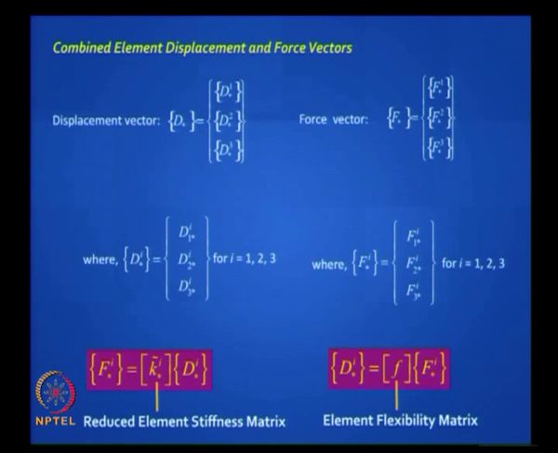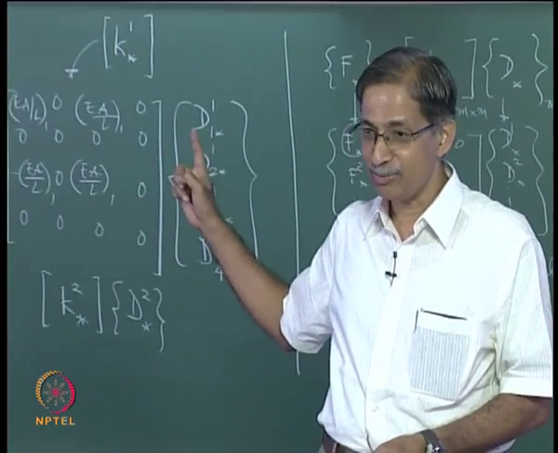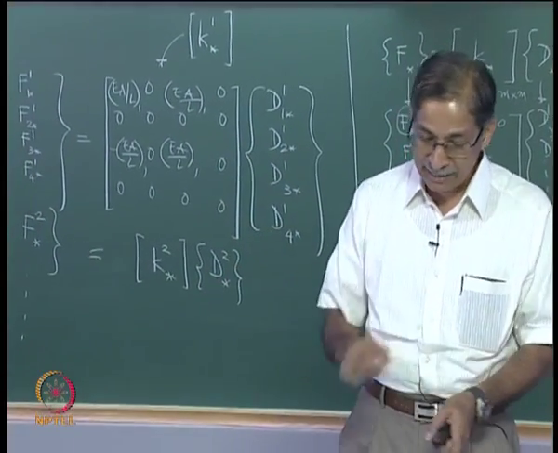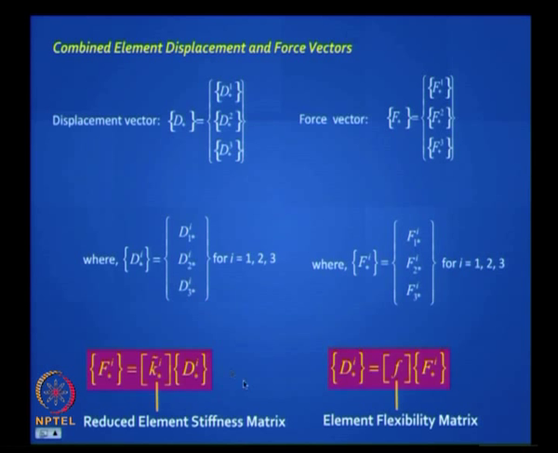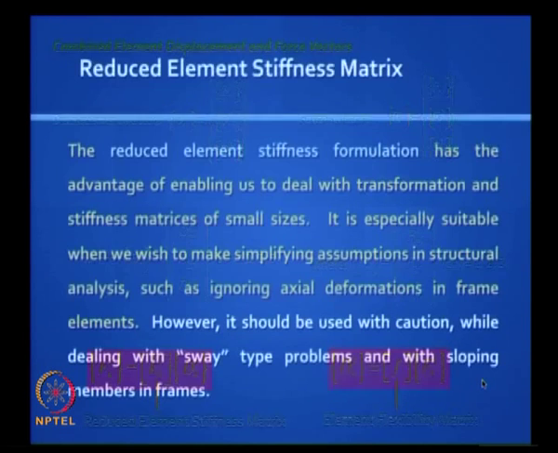So I have both, I have displacement vector and force vector combined, and when I put the relationship between them, it will be that diagonal unassembled stiffness matrix, or I put it the other way, I get it in this fashion. Now each of them at the element level will look like this, okay.